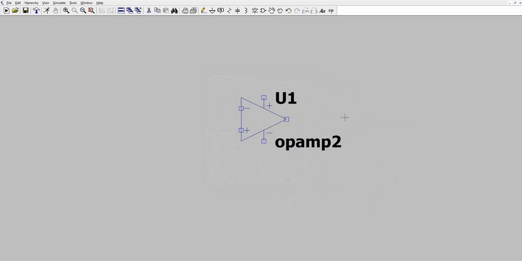So after you have this op-amp, you need to download the model for LM741. I have included in the link the model for your LM741. By the way, why are we using the LM741?